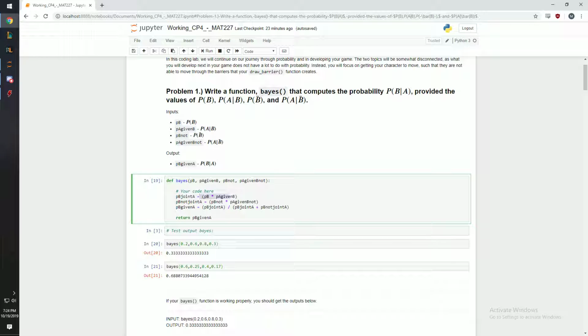This is just giving joint probability of B and A given that B has occurred. This one is just joint probability of B not and A given B not. So this is going to be the return value here. This is basically a working code version of the theorem where you have the joint probability of B and A up here divided by the joint probability of B and A plus, joint probability of B